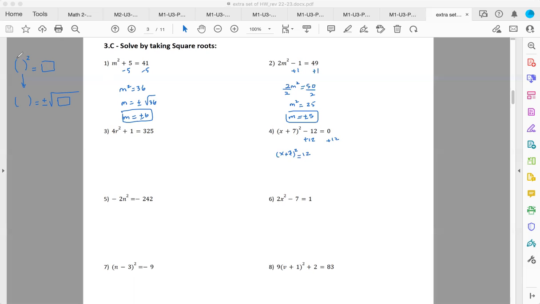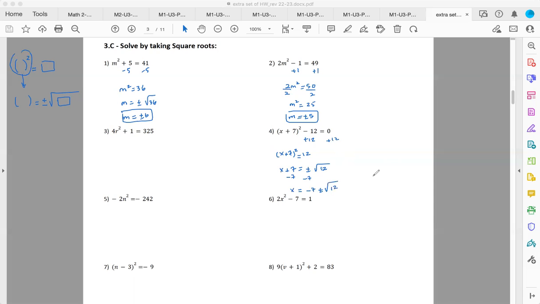When you have the quantity squared equal to something, the next step is to take the square root of both sides, with a plus or minus on the right-hand side, which means the left-hand side is going to lose its square, and that'll give you x plus 7 equals plus or minus the square root of 12. And then you subtract 7 from both sides to get x by itself, right? Now, a good way to write this is to say -7 plus or minus